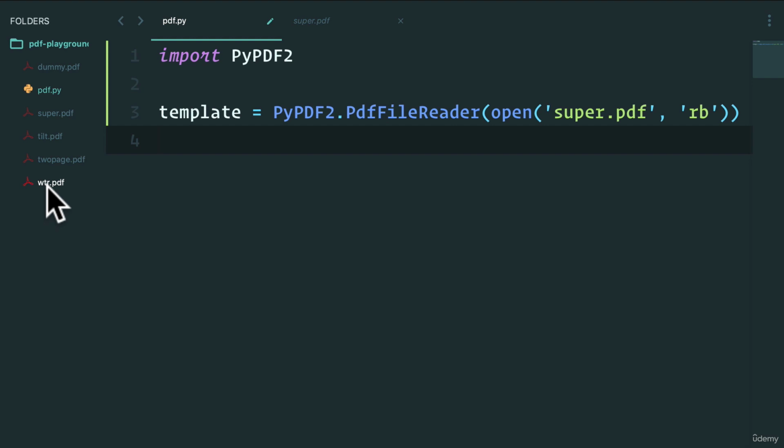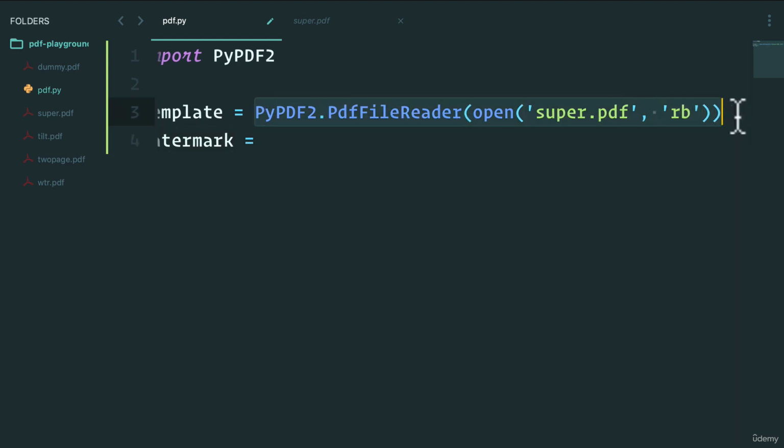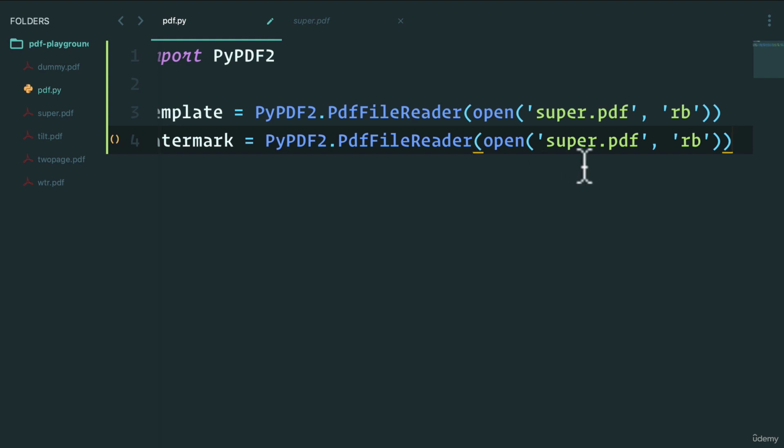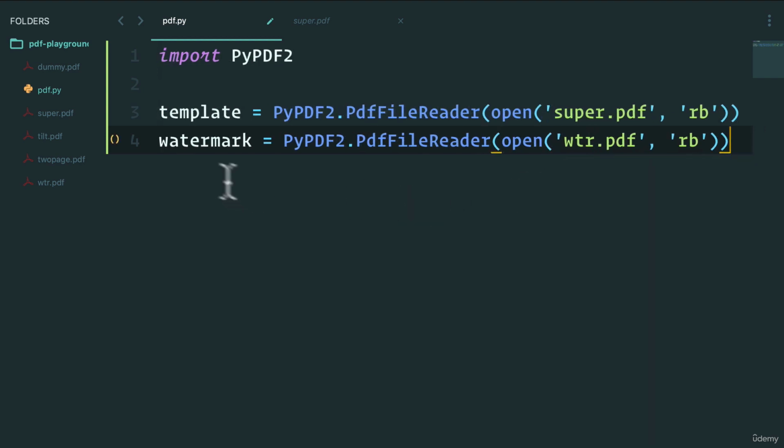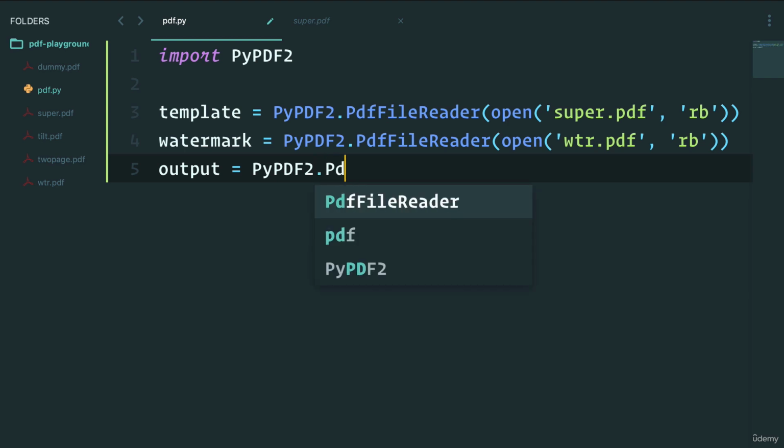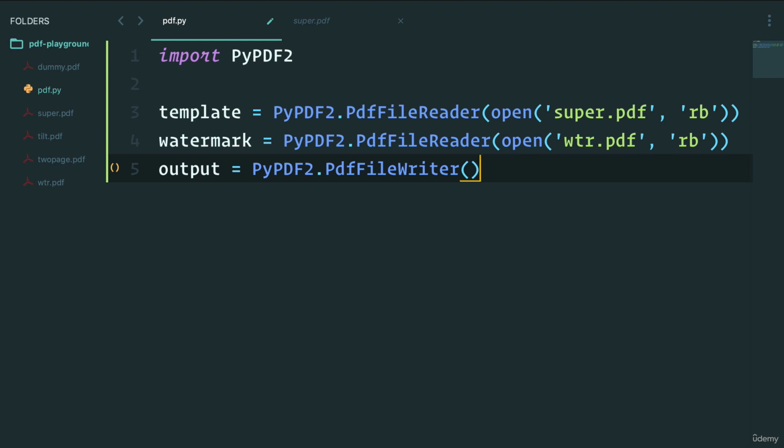Next, I also want to open up the watermark PDF. So I'm going to call it watermark, and again, we're going to use the same thing. So I'm going to say file reader, and instead of opening the super PDF, I'll open the watermark PDF. And then finally, I want to be able to write my output and combine these two. So I'm going to say output equals PyPDF PDF file writer to create our write object in